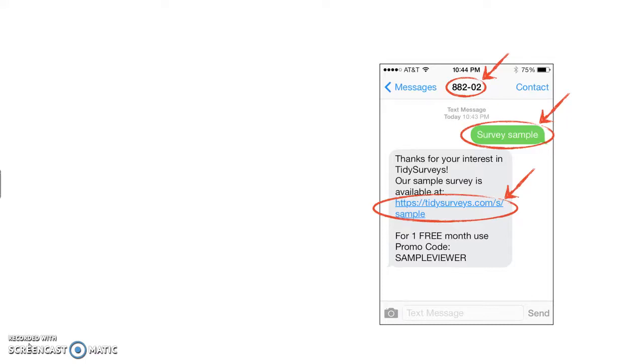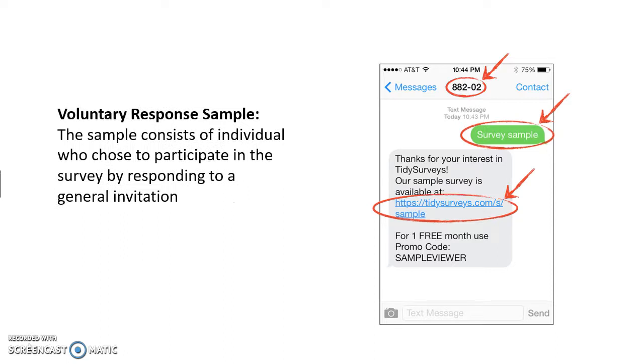Well, who do you think would be most likely to call in? Perhaps those teenagers who love Air Jordans. Maybe these teenagers have multiple pairs. Teenagers who only have one pair or no pairs might feel too apathetic to take the time to call in. The average we get may not be accurate. This is called a voluntary response sample.